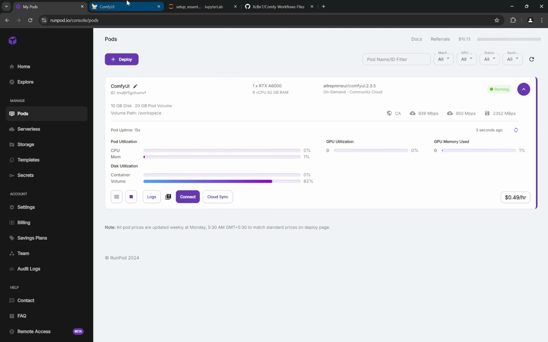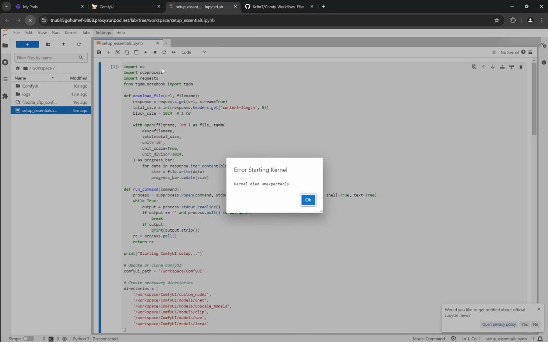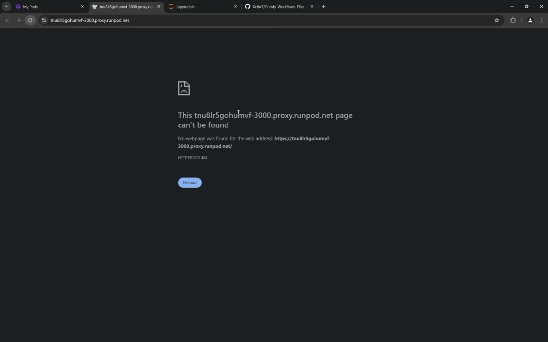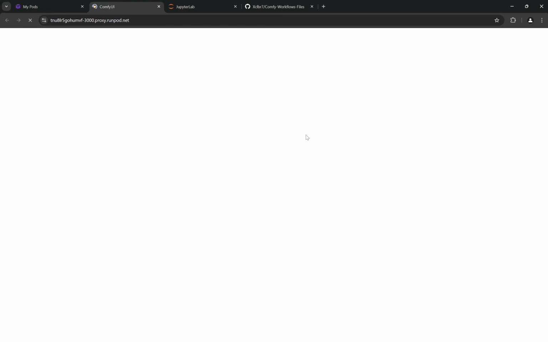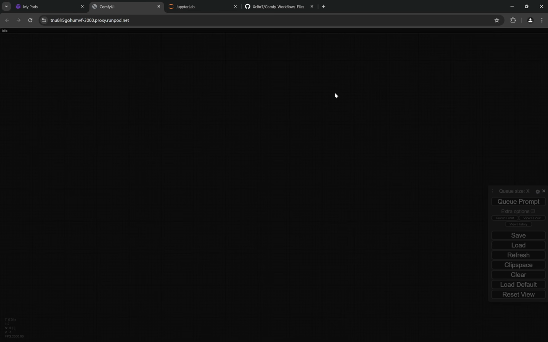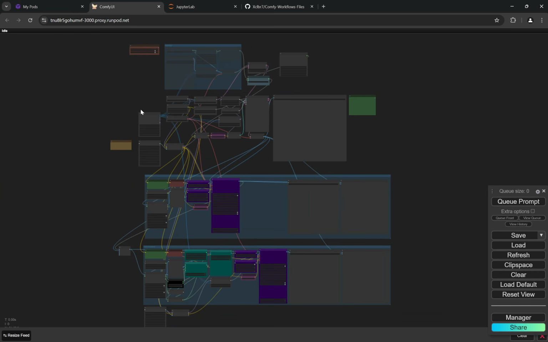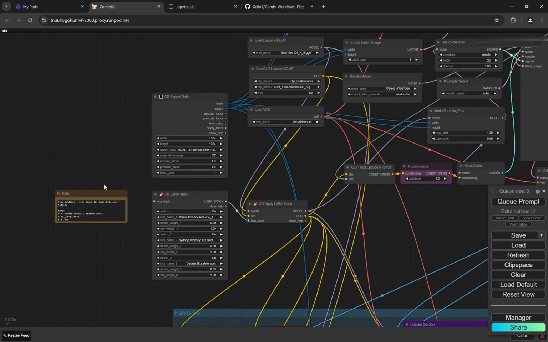So this is boot it up. Just give like 5-6 seconds to this. I'll refresh the Jupyter lab as well. I'll refresh the Comfy. You see, if you see something like this, just wait for like maybe 5 or 10 seconds and it will get started. Don't worry. See, now it has started. So that's the thing. We have our full workflow. Now what we'll do is that,